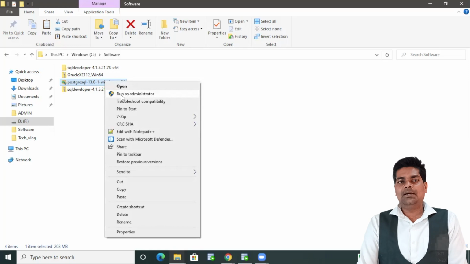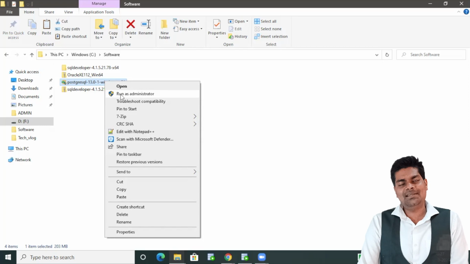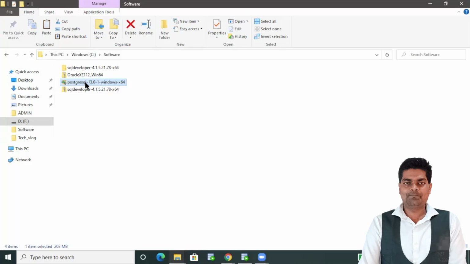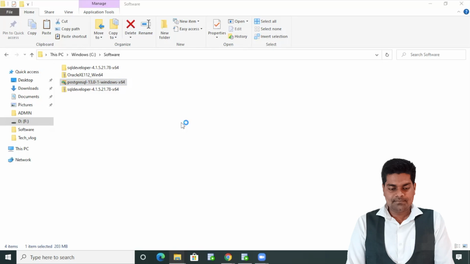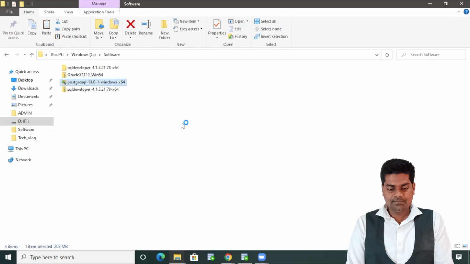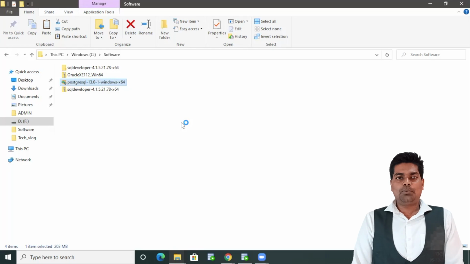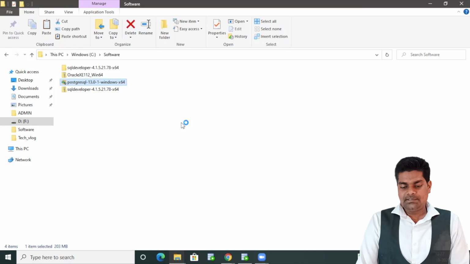Just simply double click, or right click and run as administrator. Whether double click, that is also fine, or right click and run as administrator, that is also fine. So let's double click on the setup. You will get a pop-up and just click on yes.